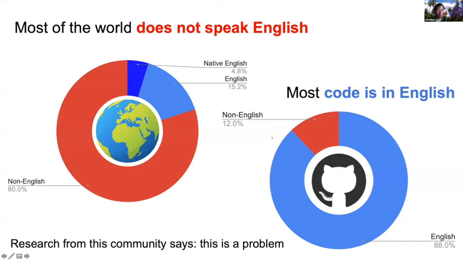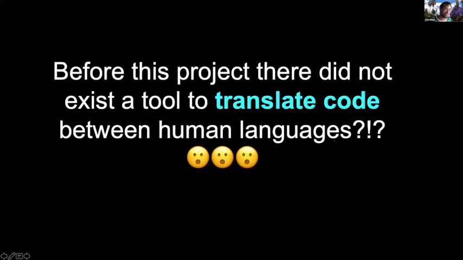Why? Because most of the code in the world is in English, but most of the world does not speak English. So 80% of the world is not English speaker. Only about 5% of the world speaks it as a mother tongue. But most code in the world, so if you want to learn how to program, most code in the world is in English. If we look at GitHub Java, about 88% of all the code is in English. And this community has done a fantastic job of talking about how big a problem that is. It means a lot for learners. If you don't speak English as your mother tongue, it is very hard to learn. And this is a huge impediment, as people in this community have showed, to talking about computer science for all.